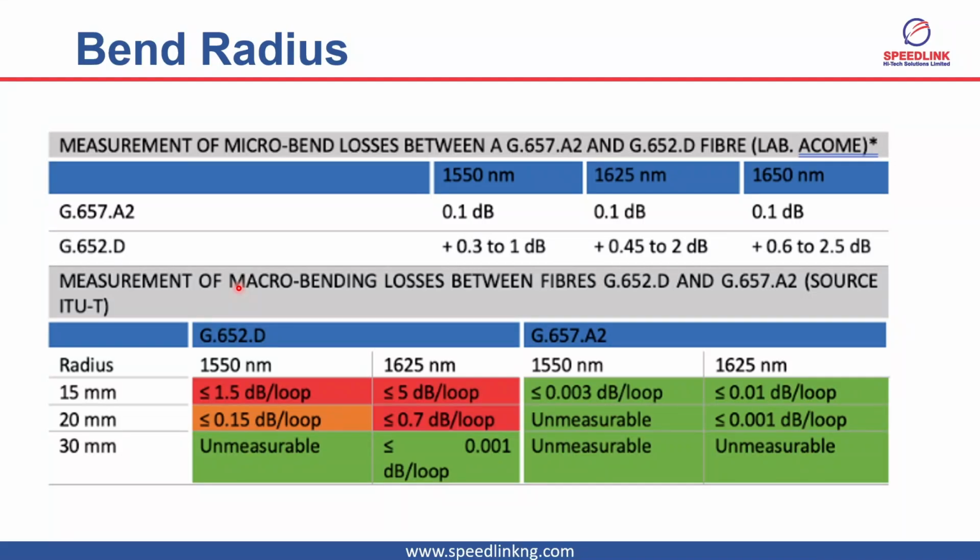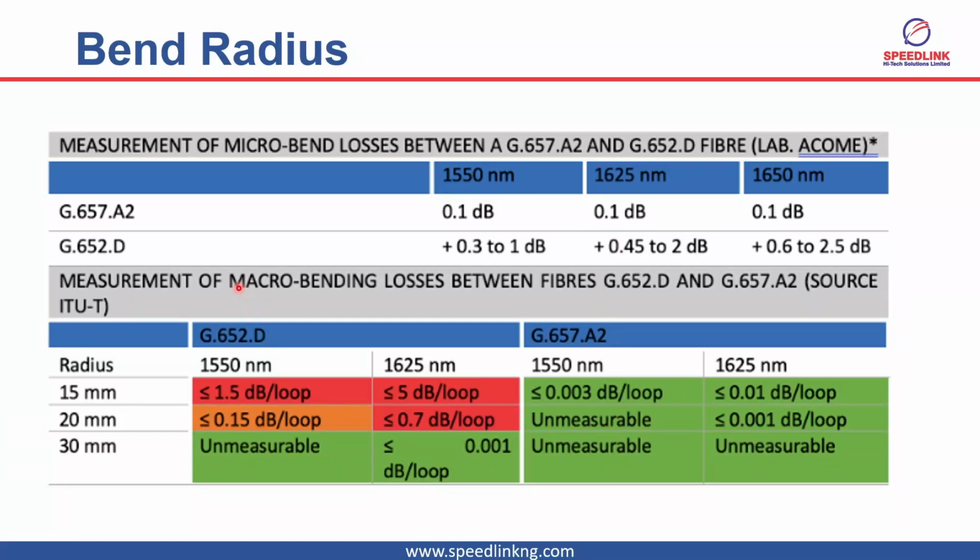Now just look at the difference. If you increase the radius to 20 millimeter, which the diameter will now become 40 millimeter, that loss that would have been at 5 dB is now at what? 0.7. You see the difference? Then, if the radius is at 30 millimeter, you see that it's unmeasurable because there is no significant loss again. That's what the 652D does on this wavelength. And if it's at 1625 nanometers, you can still measure it, but it's around